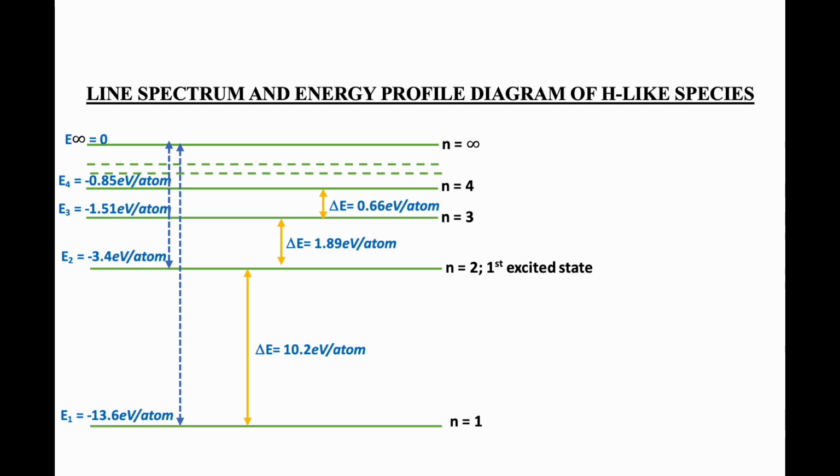That means this much energy will be required to remove the electron sitting in the n is equal to 3 orbital. And the energy gap between n is equal to 4 and infinity is minus 0.85 electron volts per atom. It will be good if these energy values get framed in our brains, so the future calculations become easier for numerical sake. We said that the amount of energy required to move an electron from the first orbital, n is equal to 1, to infinity is called the ionization energy.